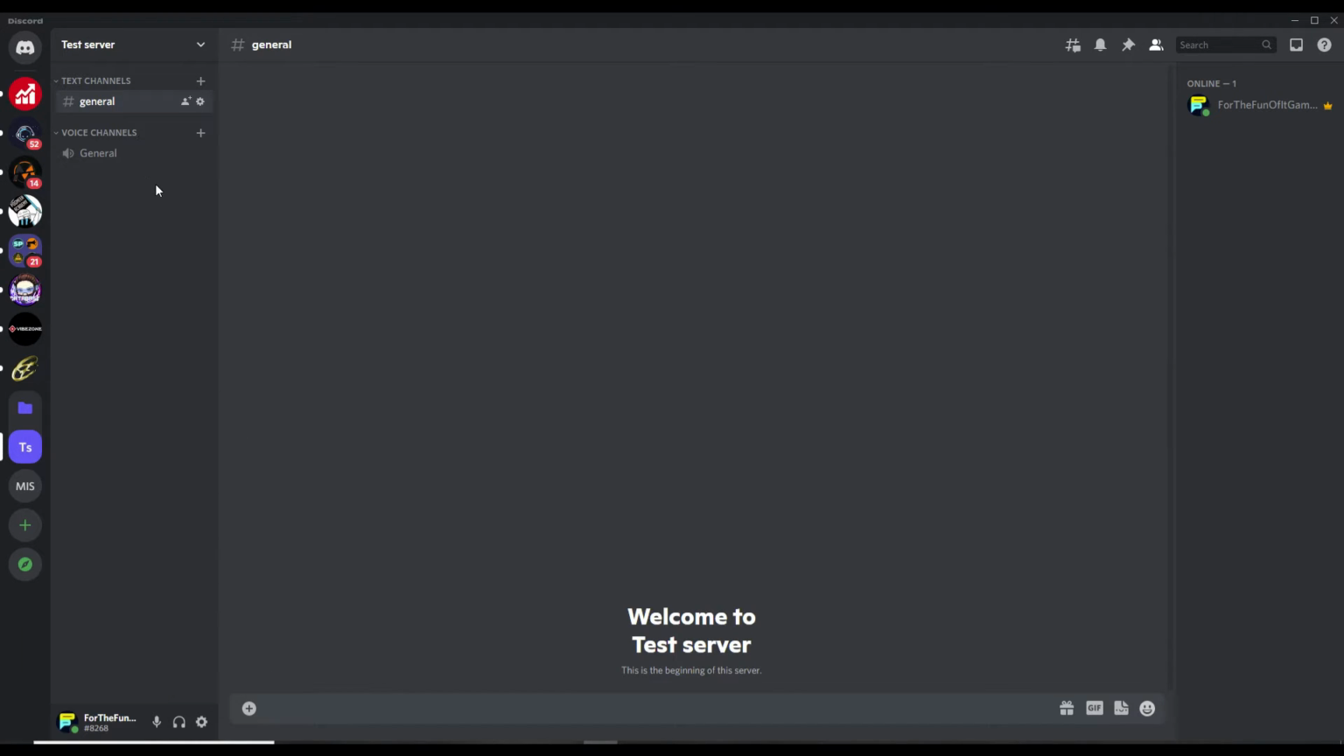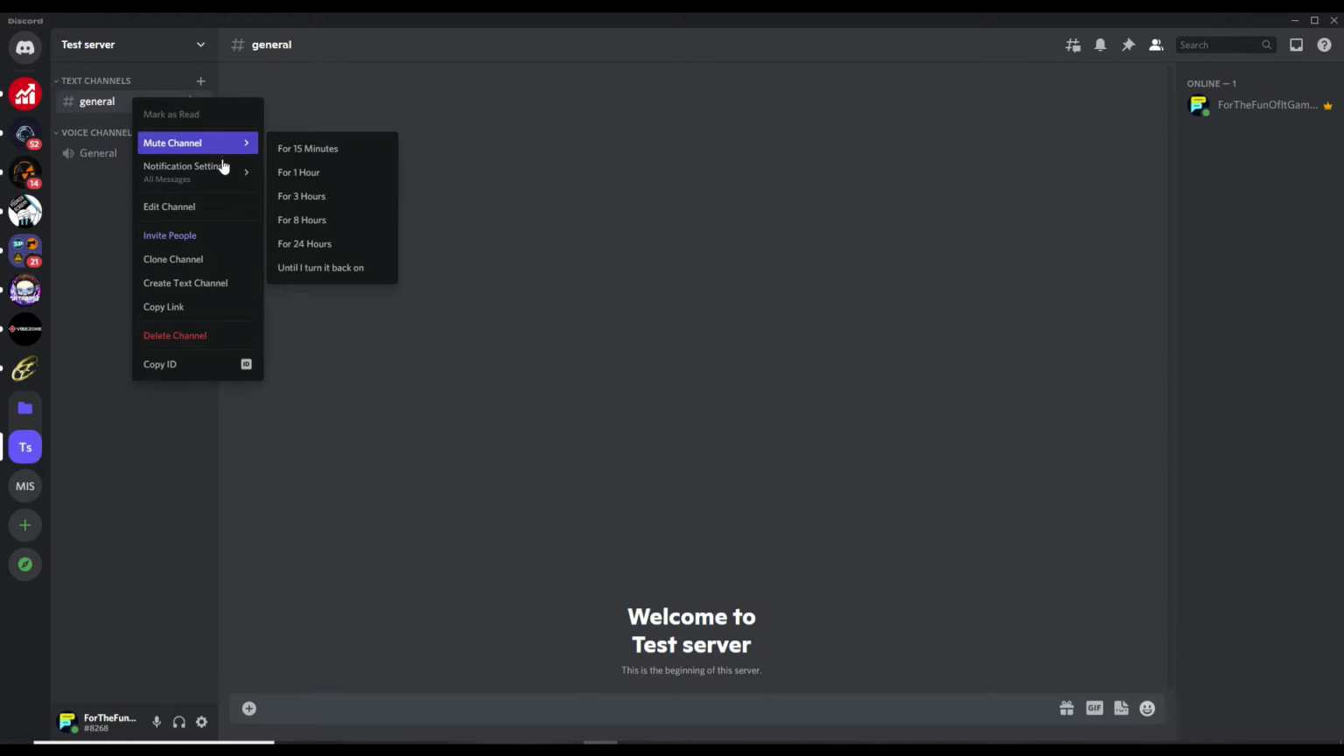The second way is to turn off notifications within a channel on a specific server. To do this, hover over the channel you'd like to do this on, right click on it again, notification settings